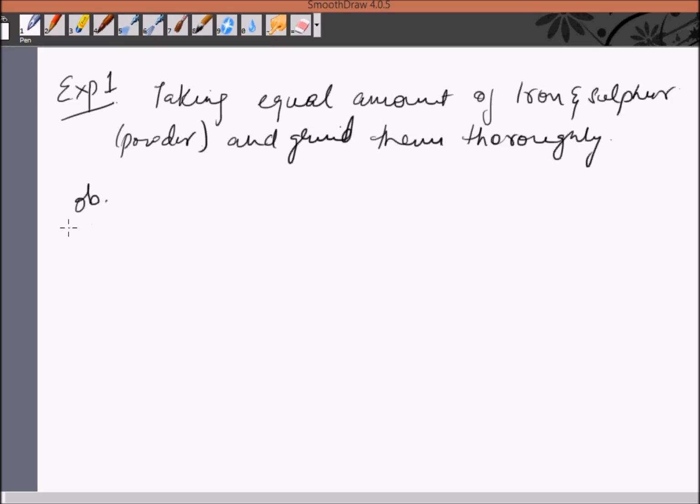So what are the observations we'll be having after we see the particular mixture in the magnifying glass? We'll be seeing a grayish yellow substance which is produced, showing the properties. First, the gray particles of iron and yellow particles of sulfur will be seen. Gray and yellow particles are seen,